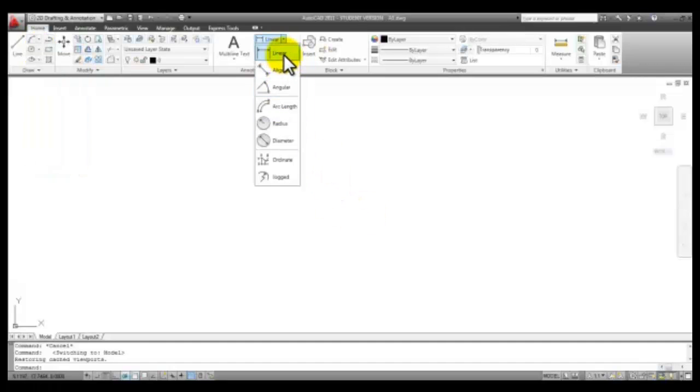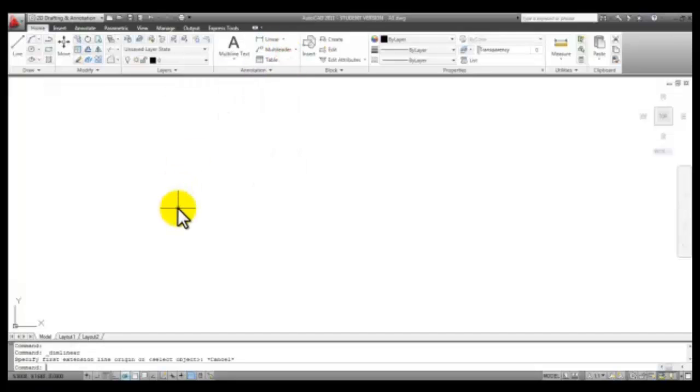Remember, if you accidentally start a command, you can use your escape key to get back to the command line. That is your dialogue with AutoCAD. So you want to spend a lot of time when you're first starting out with AutoCAD looking at the command line. Let's get started. We can pick on the line icon, which is the very first one in the draw